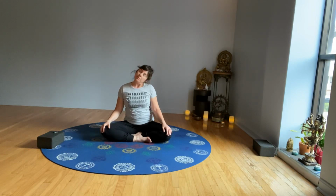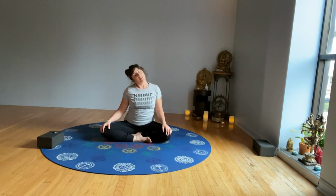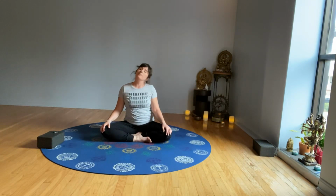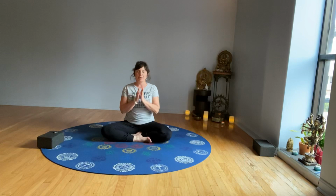When you come up to sit, you might just take a moment and move your head and neck around a little bit. Head, neck, shoulders. And then let's bring our hands together in front of our hearts. Let your eyes close again. Just take a moment to be present with the qualities of peace, contentment, clarity, that you might just even have